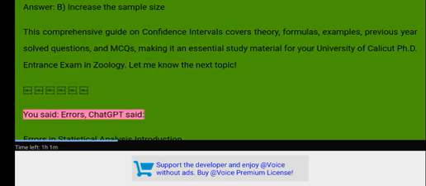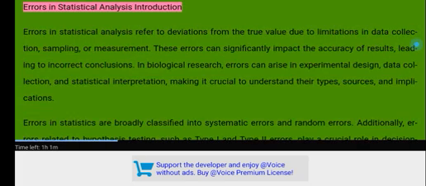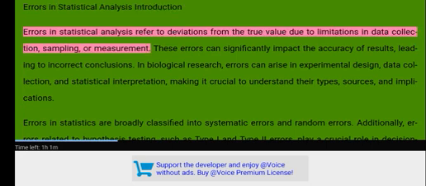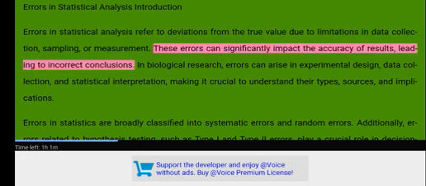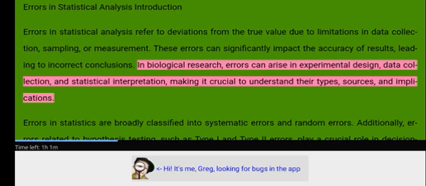Errors. Errors in statistical analysis, introduction. Errors in statistical analysis refer to deviations from the true value due to limitations in data collection, sampling, or measurement. These errors can significantly impact the accuracy of results, leading to incorrect conclusions. In biological research, errors can arise in experimental design, data collection, and statistical interpretation, making it crucial to understand their